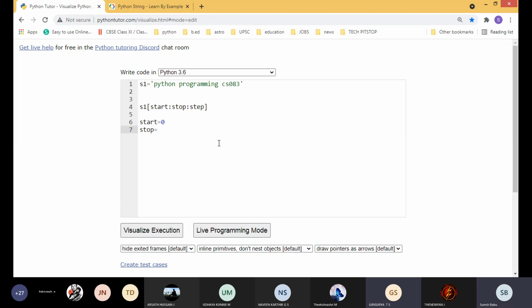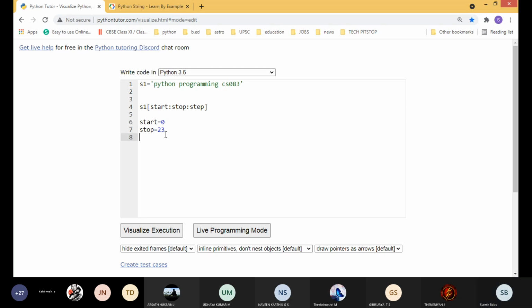I'm asking for the index. Index means the address. You have to count and tell. So counting from 0, the stop value is 23.